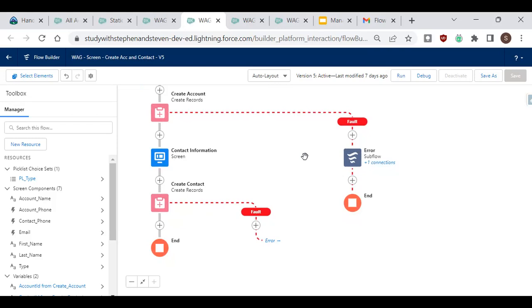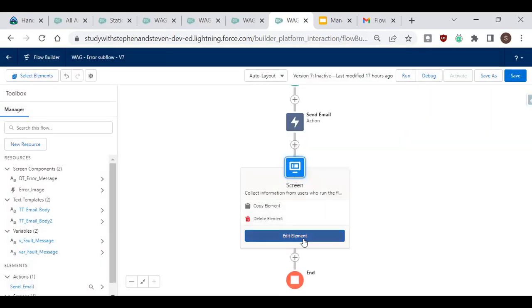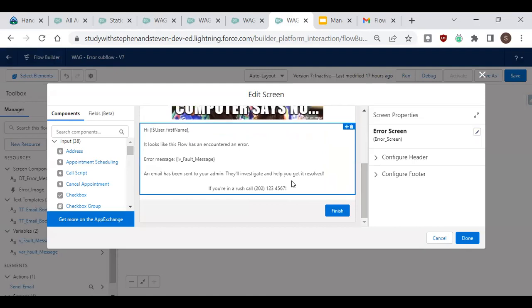Yeah. So the screen flow that pops up for the user, it includes the exact error that's causing the problem? Yeah, the way I've set it up, it has, but once again, this is going to be your choice of what you do or don't want to. So this error message, fault message, that's the exact same thing I'm putting in the email body to me as the system admin, and I'm also showing it to the user. So you may or may not think that's what you want to do for your org, but if it's something reasonably simple, like this was a required field or whatnot, you might want to put